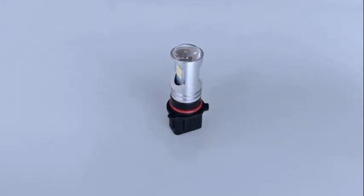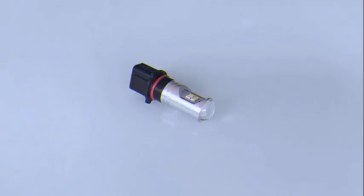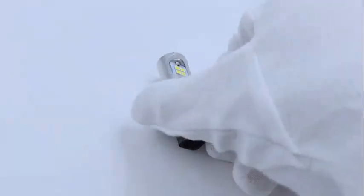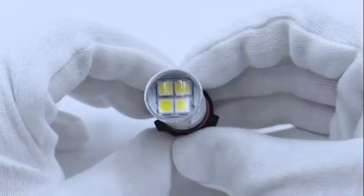5202 LED fog light bulbs offer a long operating life of 50,000 hours, ensuring durability and longevity. The universal fit design makes them compatible with a wide range of vehicles. The white color output provides a clean and modern look while improving visibility on the road. With a focus on quality,